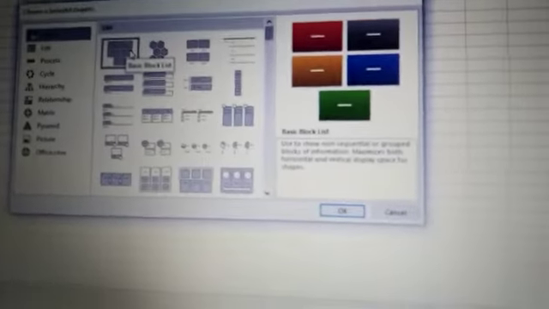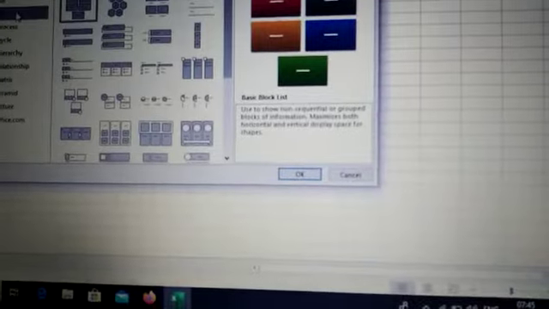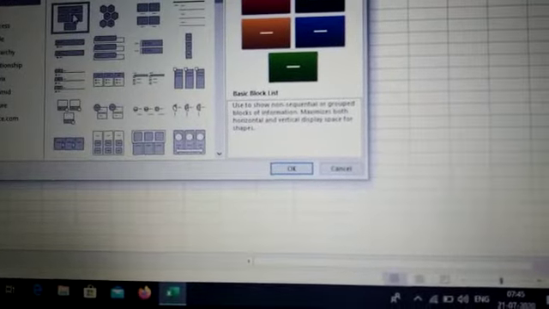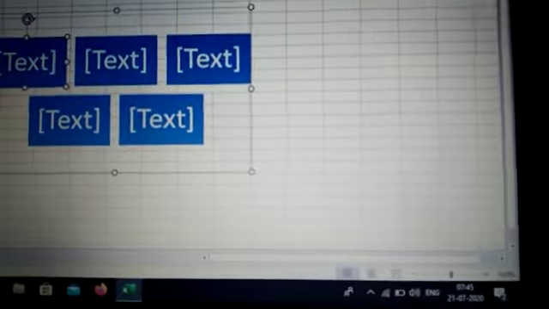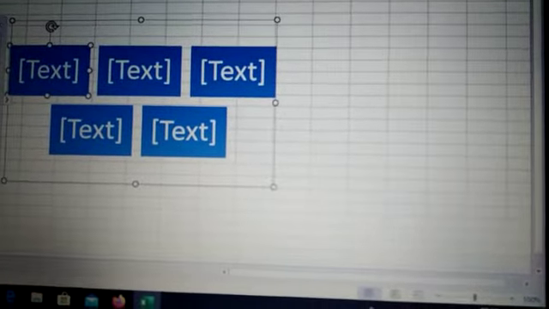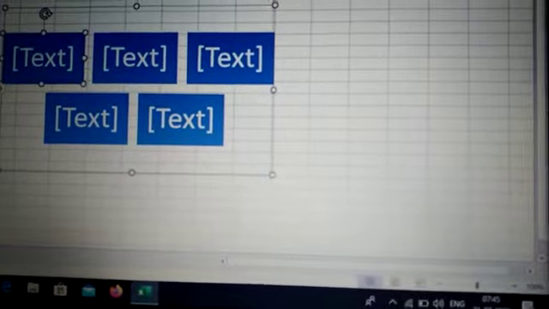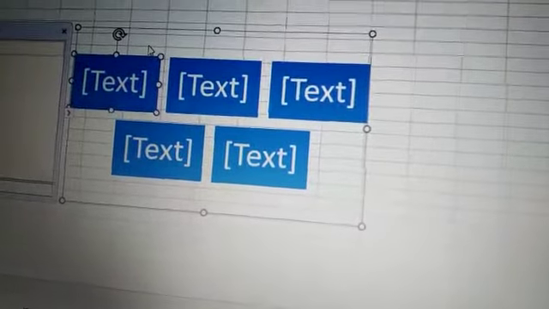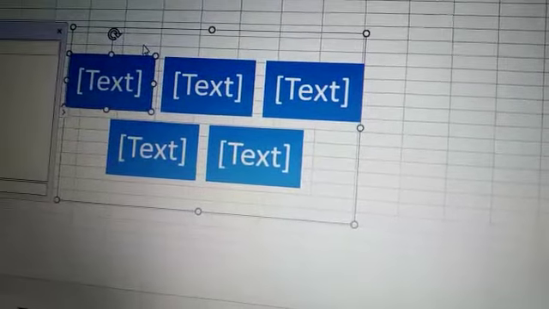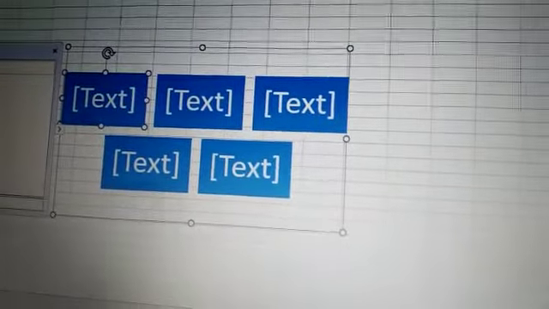When you come on the smart art, you can see various types of shapes are given. So whichever type of blocks I want to use, I can select it. Like, I have selected the first one, so you can see different boxes of that same pattern I have got on the screen. Now you can see the space for writing the text is also given.